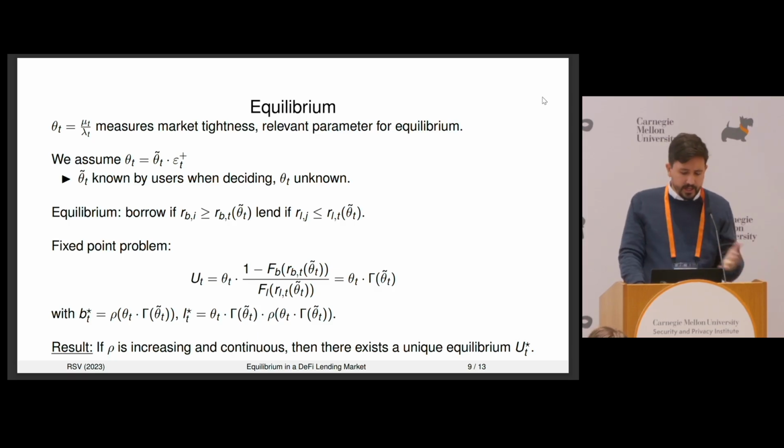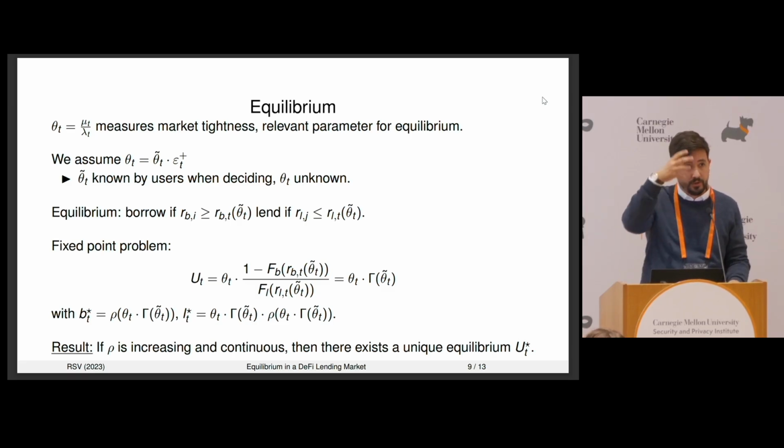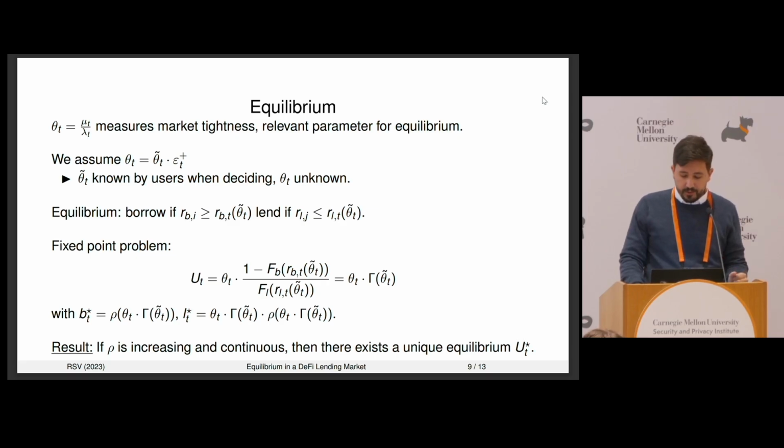All right, we get a nice cutoff equilibrium here, and the equilibrium utilization rate as a function of the known state of the credit market is going to solve this fixed point problem. And we think this is an interesting, at least academic point, which is that for a large class of interest rate functions, you always get existence and uniqueness of the utilization rate. So you don't have to worry about setting the wrong interest rate function and dealing with multiplicity of equilibrium.